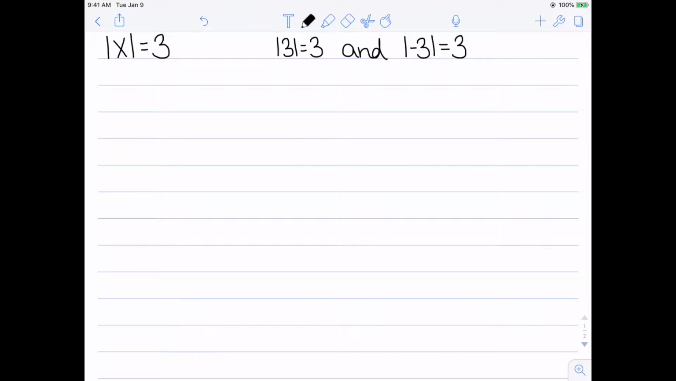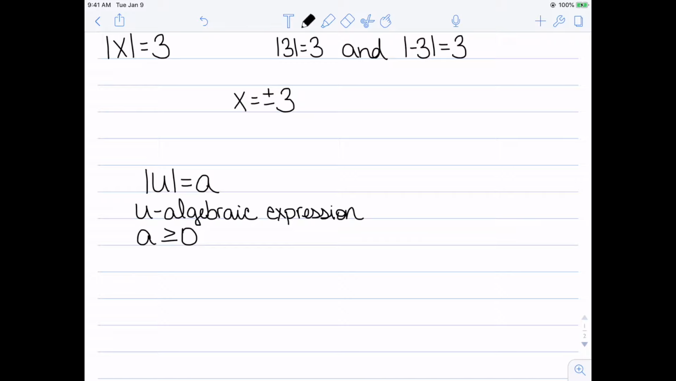Well, we know that the absolute value of 3 is 3, and the absolute value of negative 3 is 3. So therefore, I have two solutions. x is equal to plus or minus 3. x is equal to plus 3, and x is equal to minus 3. So for the general case,